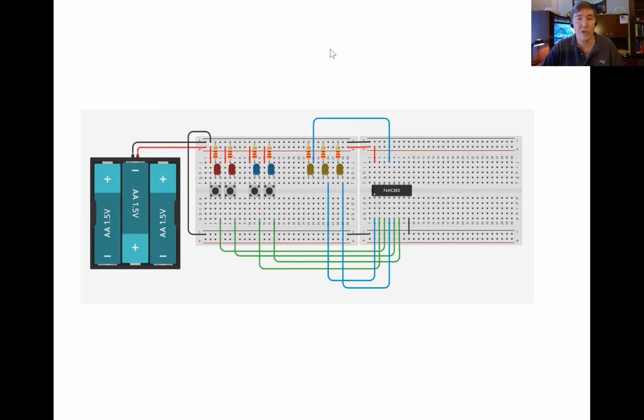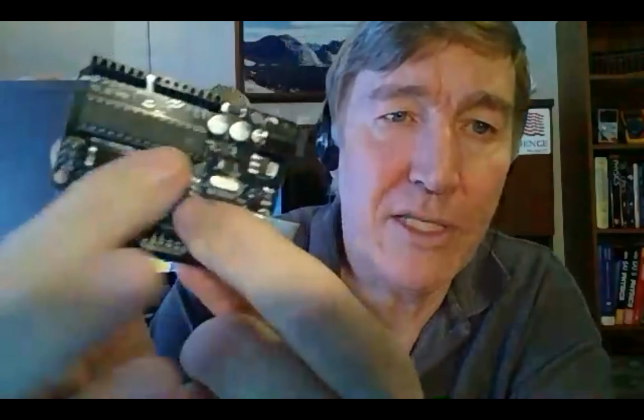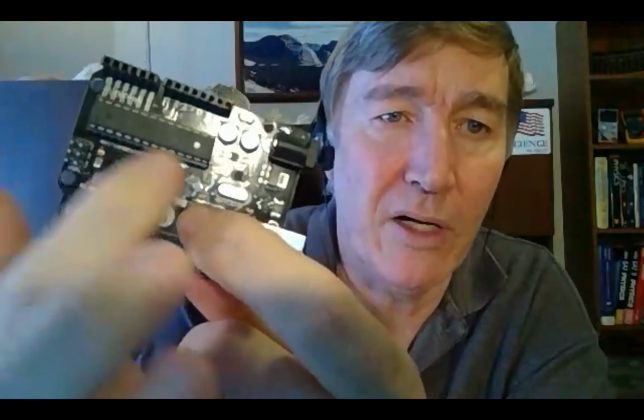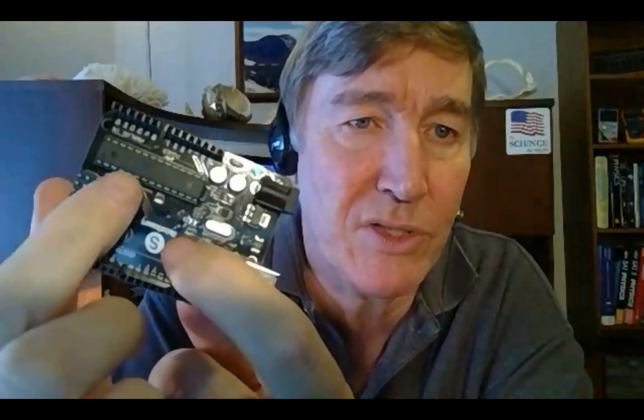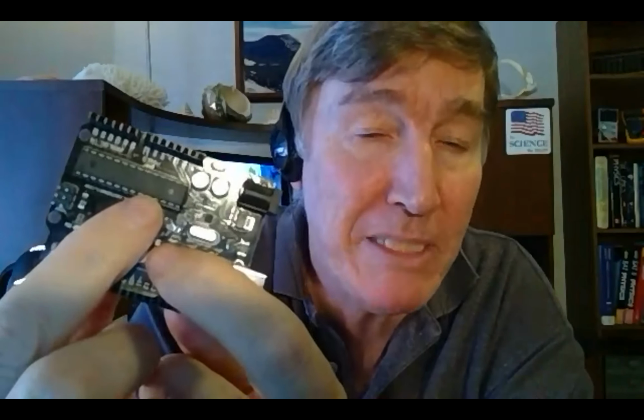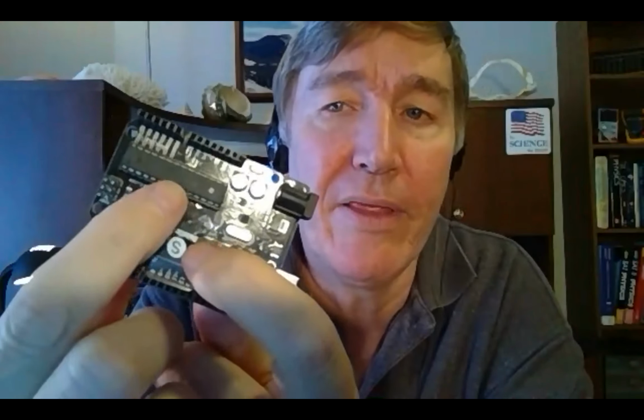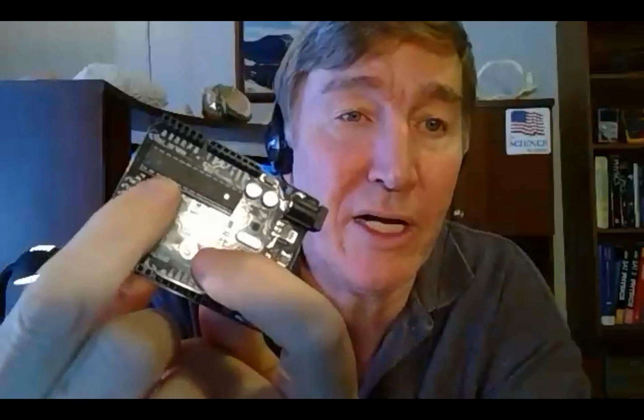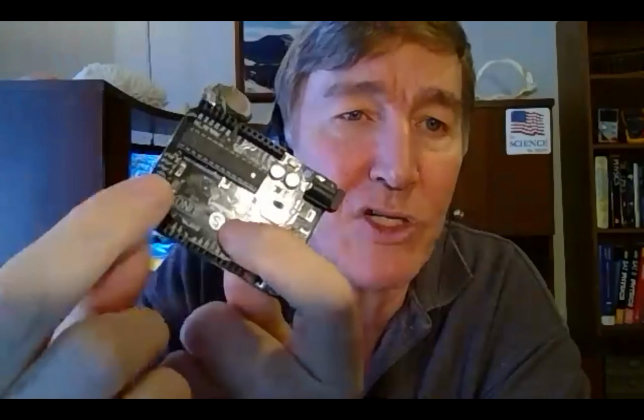If you were to look at the Arduino, this chip that you see on the Arduino has literally got millions of transistors and resistors inside of it, literally millions. Don't make us make one of those. Yeah, these are really complicated to make. You have to shrink the transistors and the resistors down to super, super small sizes. And by the way,